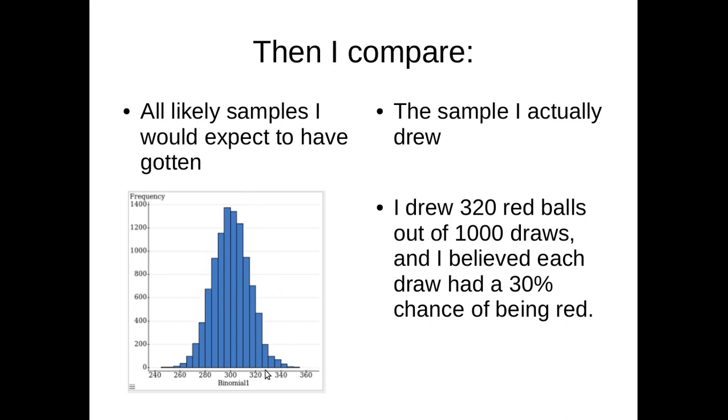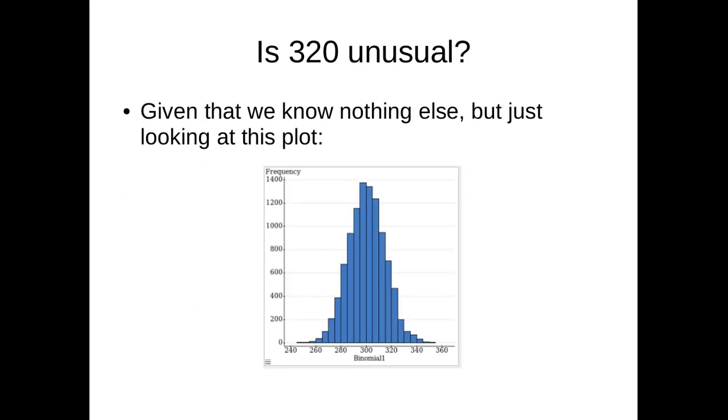So I simulate this. And then let's say I draw a sample, and I draw 320 red balls out of 1,000, and I had believed that I had a 30% chance to begin with of making a success each time. So is this 320 counter evidence that maybe I had the wrong count, that maybe it isn't 300 red balls, maybe it's some other number? Is that unusual? So given that we know nothing else, but just looking at this plot, if your null hypothesis is true,